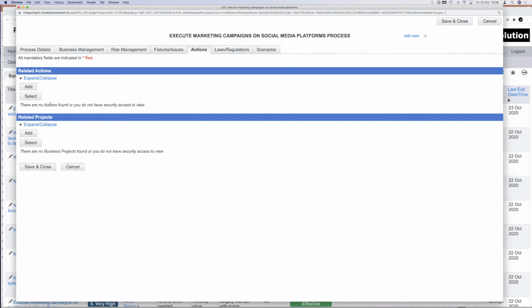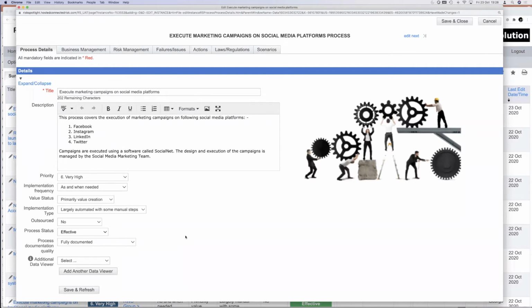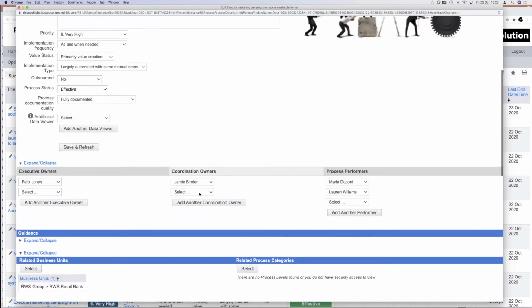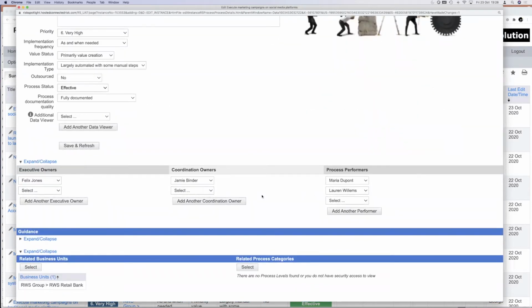I don't see any actions for that. So that's where the challenger function can come into play. But ideally, if they're managing that process, the sole job of the people running it is to do everything possible to make sure the process is operating and functioning at the best quality possible. So we're just embedding thinking about the risks and awareness of the risk as part of that day-to-day process.